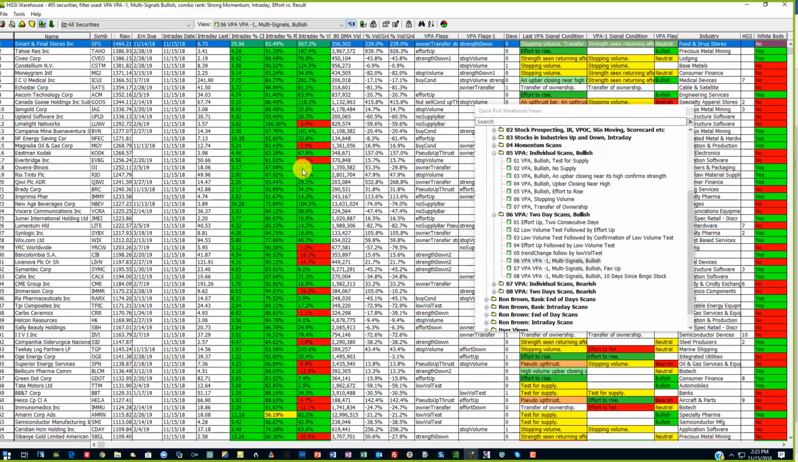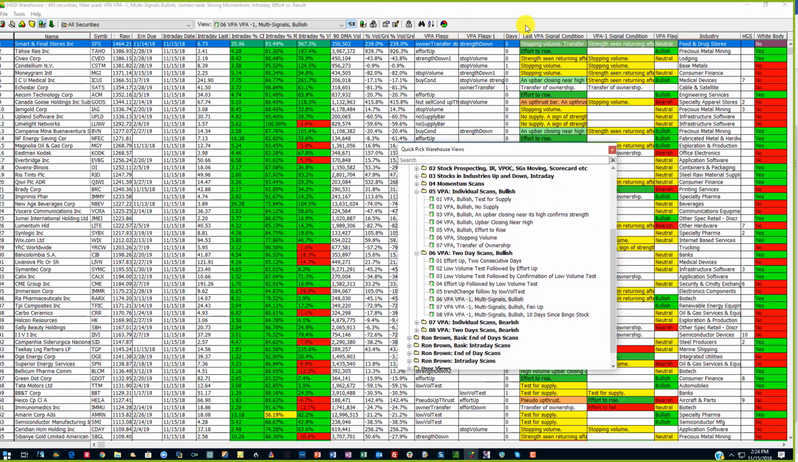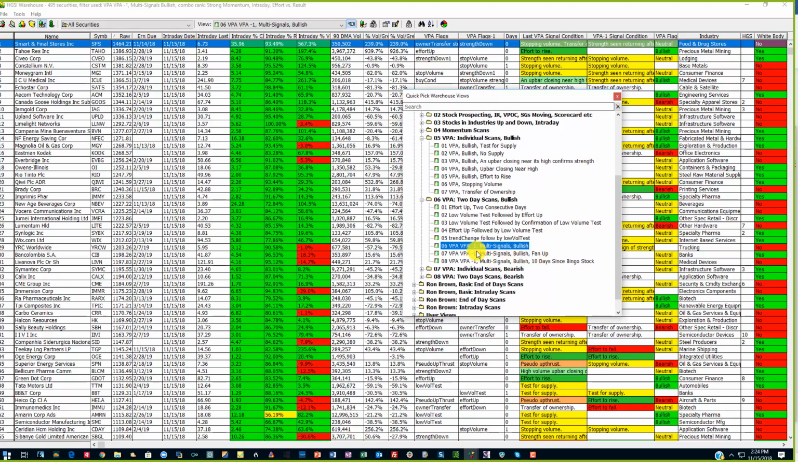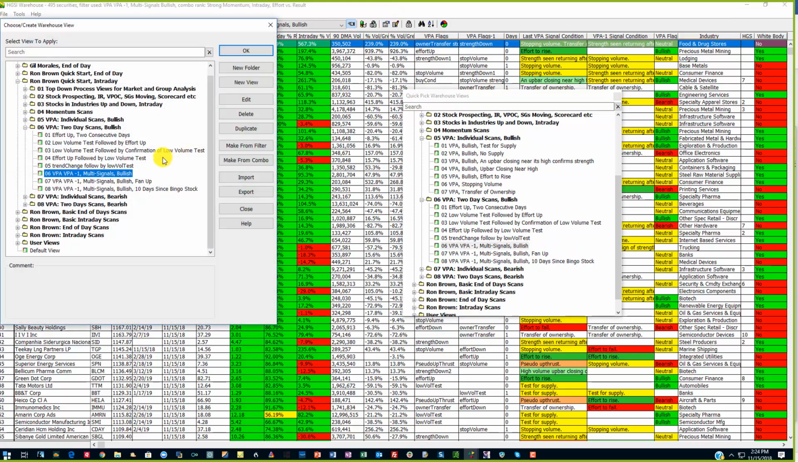So I'm going to go to all securities, and you can see that there are a lot of stocks that pass this view, and I'm going to come back and review all of this. But let's say we want multi-signals bullish, and I want this to be for ETFs only. It's just very simple to fix this. There's going to be more views, but